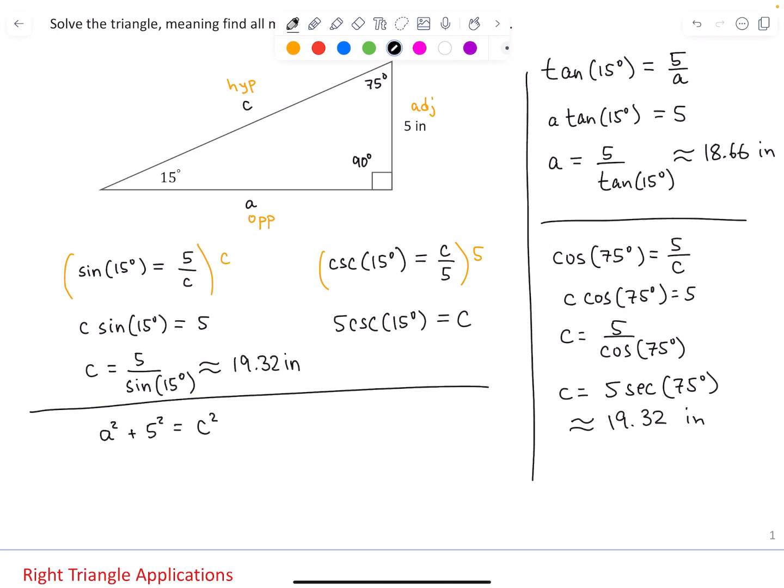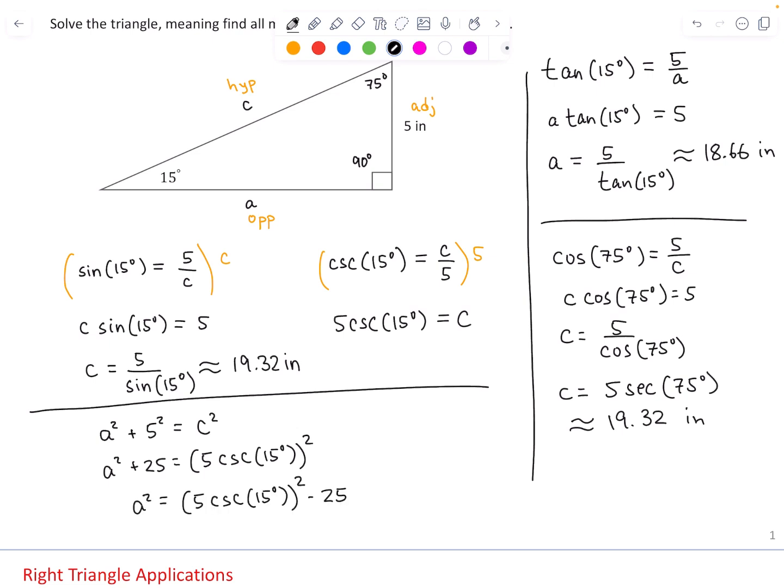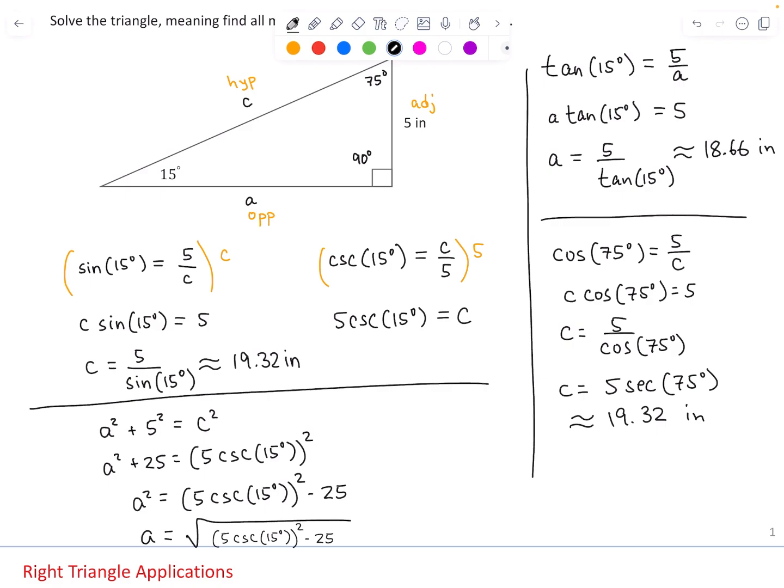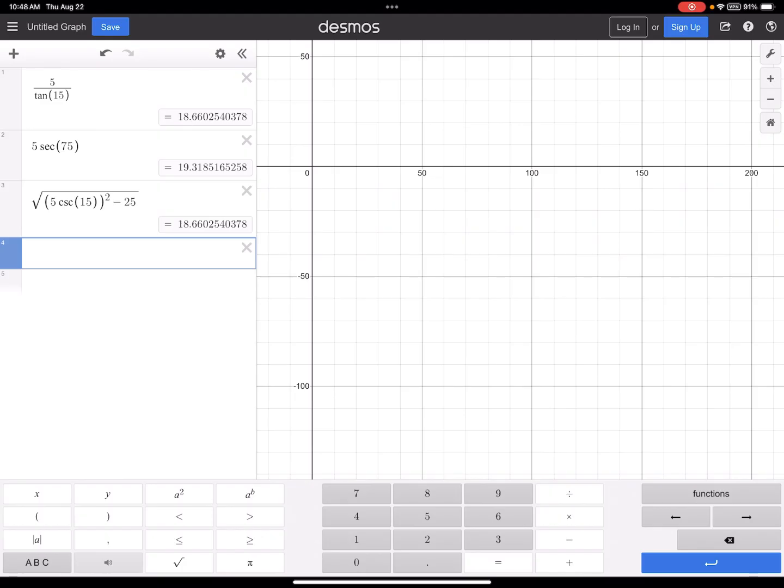But if we have found c, then I can substitute this expression for c into my equation and solve for a. And I will use this version for c, just so I don't have to write a fraction. C is 5 cosecant of 15 degrees, and that needs to be squared. Now I'm going to subtract 25 from both sides, and then take a square root, keep only the positive radical because a is a length, and then reach for a calculator. Make sure that you are in degree mode, and notice that the answer we get here in the third line equals the answer that we got in the first line, which are 2 different strategies for finding a,